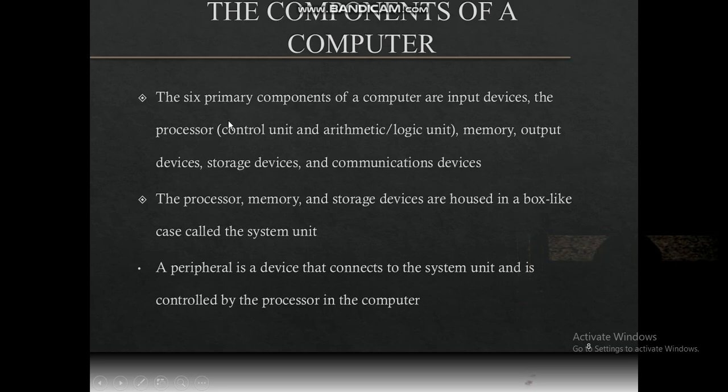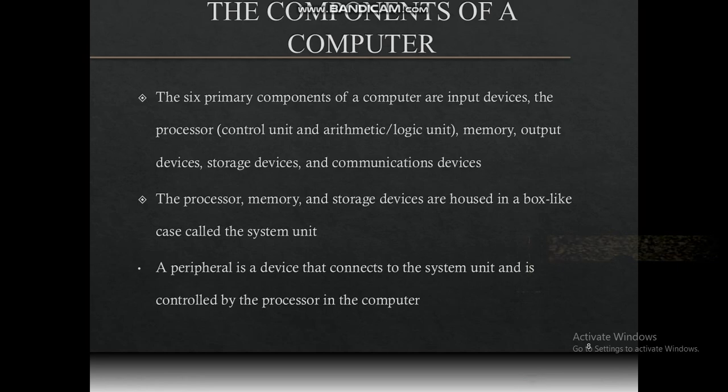We also have the six primary components of a computer: the input, the process, control unit, arithmetic logic unit, and then the memory and output device, storage device, communication device. I already explained to you in the earlier chapter. You see, I give you the example of what all these devices are. Input device, that's the keyboard, the process and control unit, that's the CPU completely, and then the memory, that's the flash